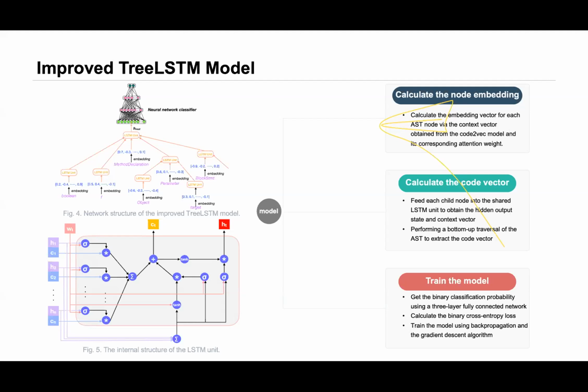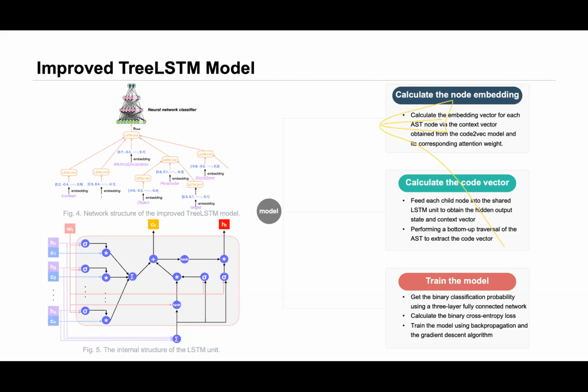Meanwhile, we also calculate the attention value for each AST node. Since each AST node corresponds to a code block, after obtaining the attention value for each AST node, it is possible to calculate the attention value for each code line. Then we can sort the lines by attention value in descending order. The code lines with the highest attention values will become suspicious targets that may cause defects. In our research, the top 5 suspicious lines are located to provide developers with more information if the method is predicted as defective.